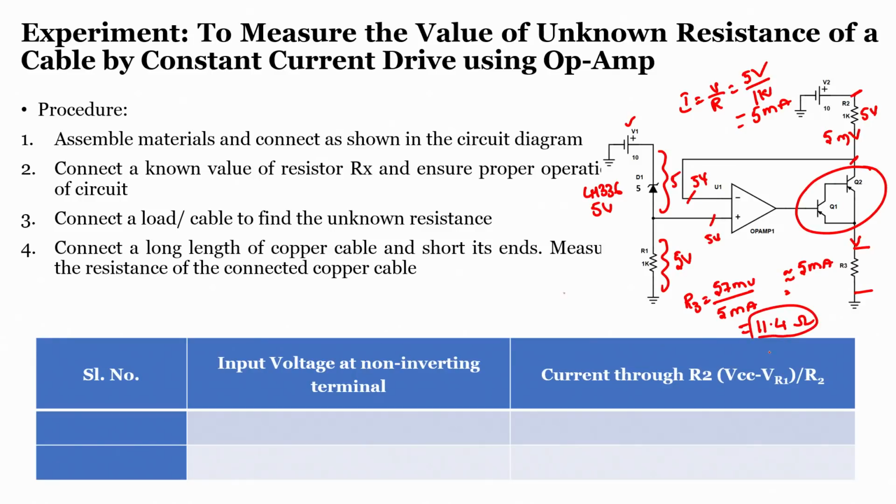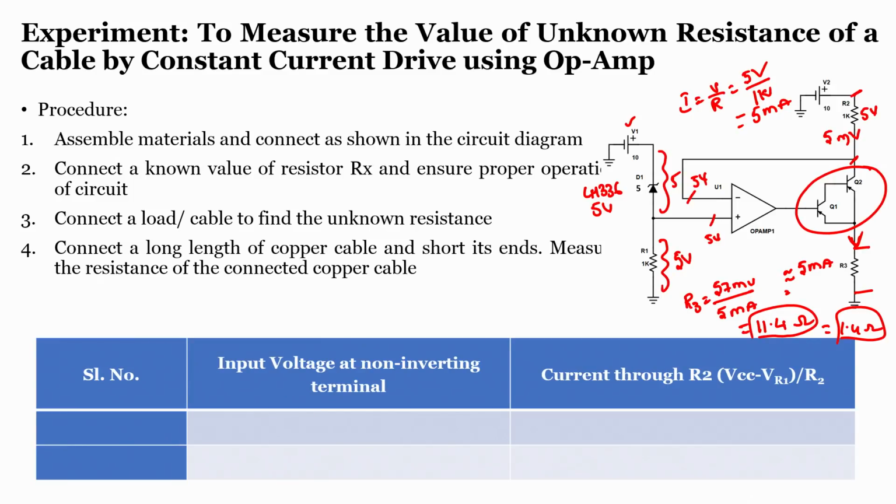The difference is because, one thing, the resistance value is very small, and the voltage that we got is not 5 volts, it is 4.96. All put together, the current flowing through the collector will always be smaller when compared to the emitter value, but we have roughly considered it as 5 milliamps. So all put together, we got a difference of 1.4 ohms. And moreover, we cannot say it is a 1.4 ohm difference, because the resistance will also have some tolerances, right.